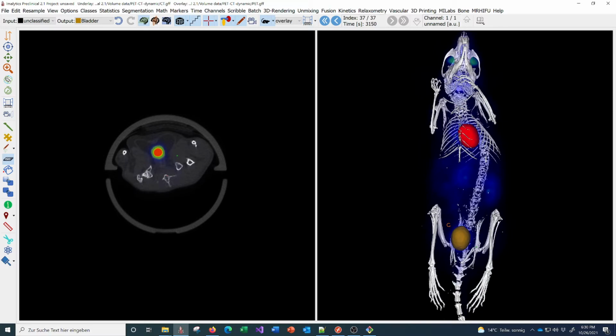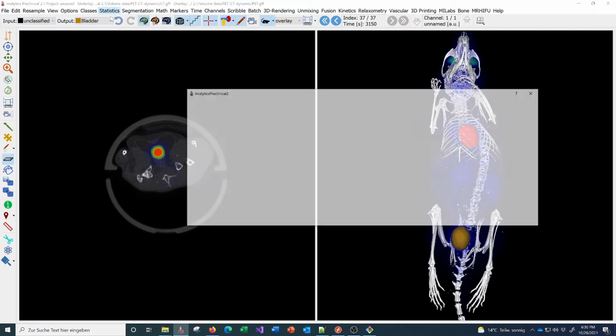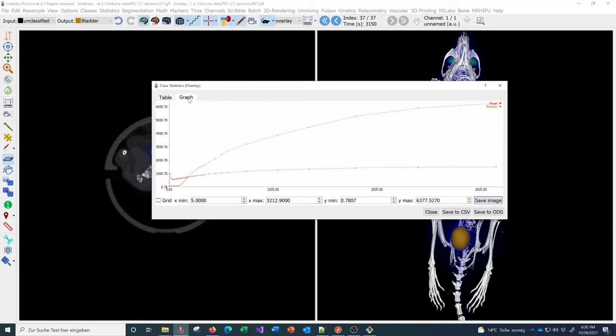Now we have the bladder, and now we can get the statistics as a function of time, and you can show that in a graph here. So this is a time activity curve for the heart and the bladder, for example, and you can save it to a CSV file.